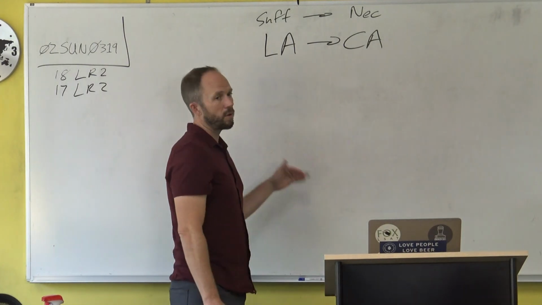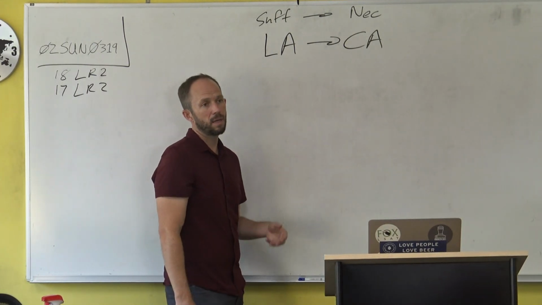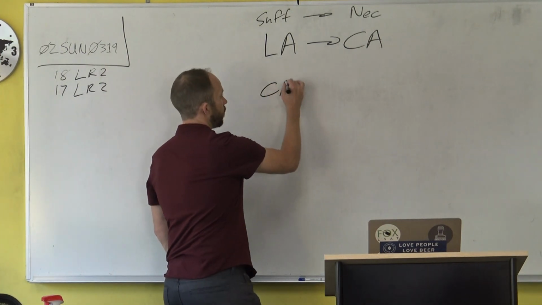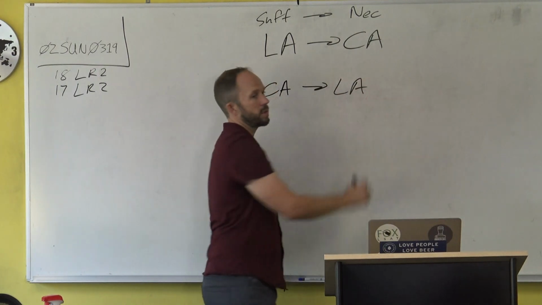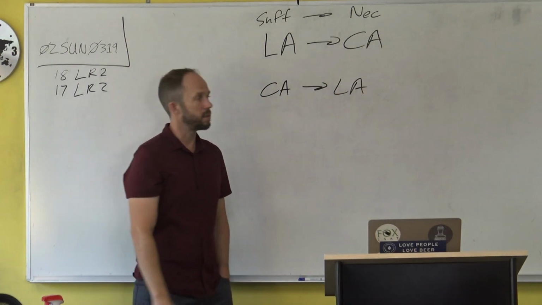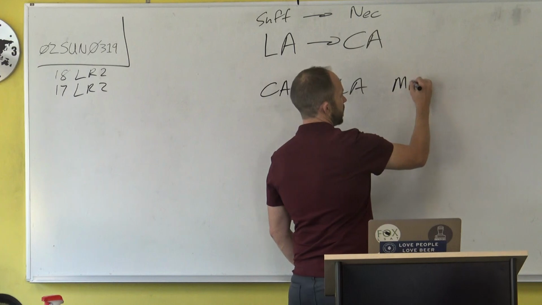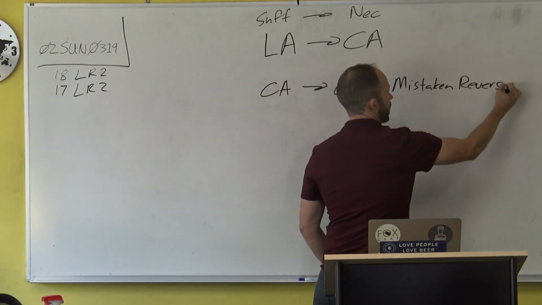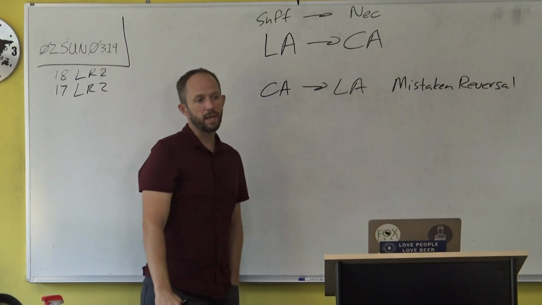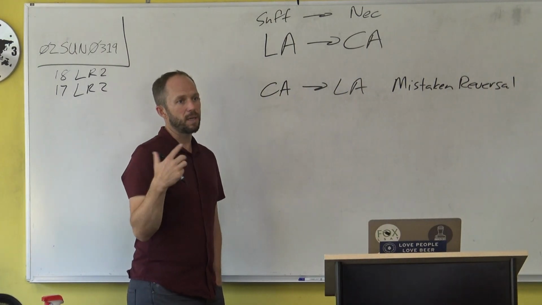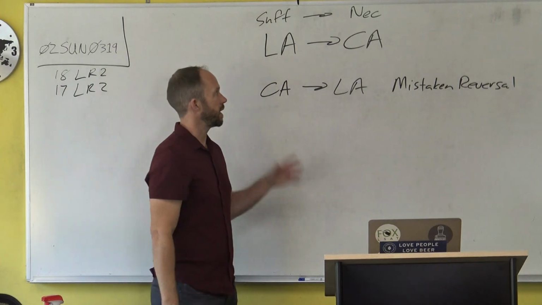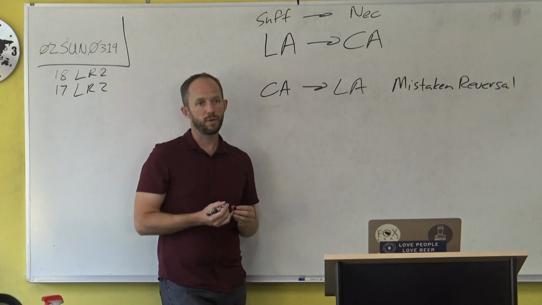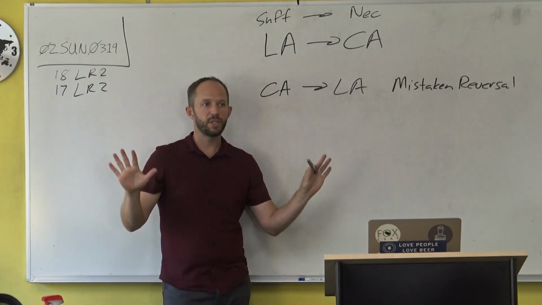The two errors that the LSAT will commonly test are a mistaken reversal, which is, hey, if you're in California, then you have to be in Los Angeles. And that's stupid because of Oakland, and we call this a mistaken reversal. Now, those words will never appear on the LSAT, but it is a concept that you should just be aware of, that there is such a thing as just flipping the order without flipping the signs, called a mistaken reversal. But it's also just confusing sufficient and necessary.